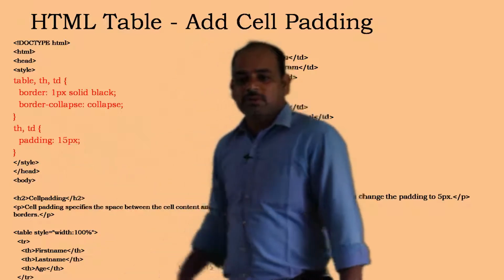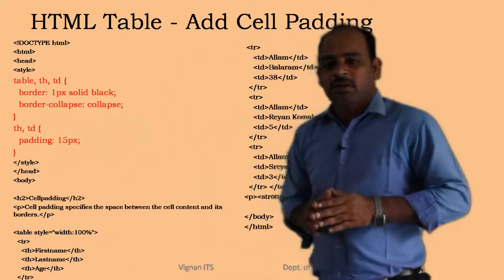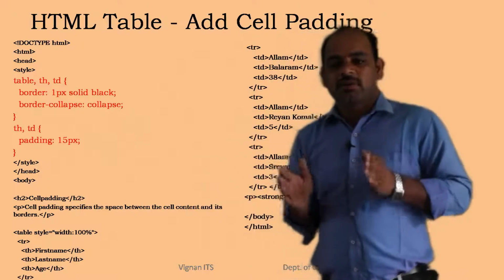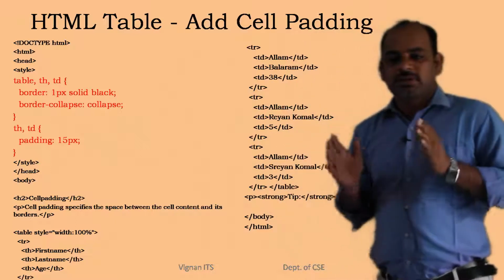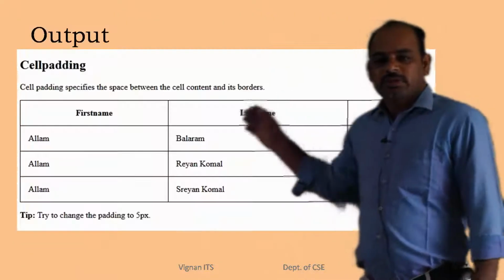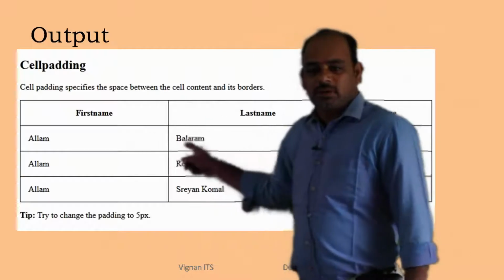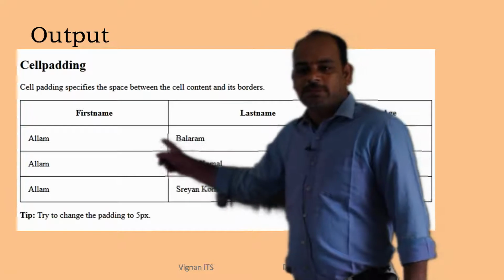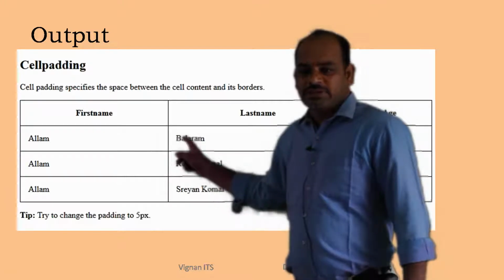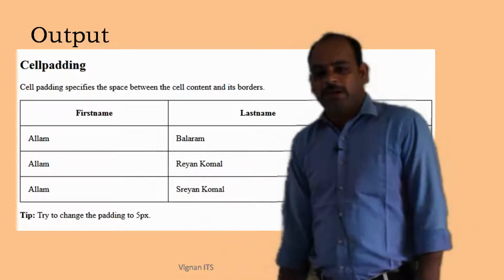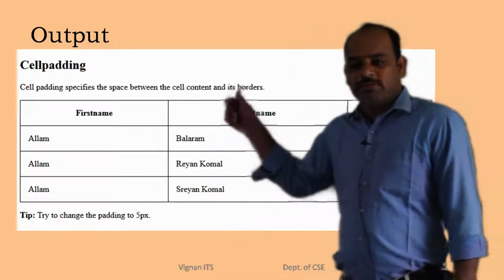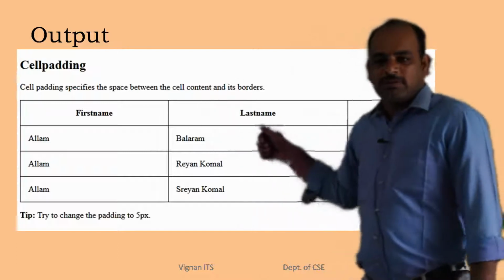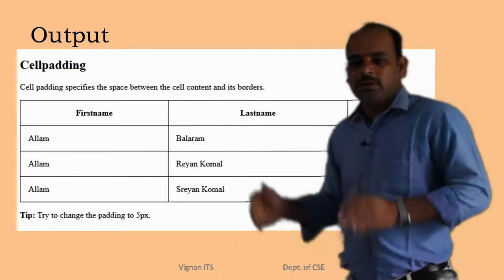So basically what is the use of the cell padding here? It adds space between the cell border and the text, right? You can see that. See, the space is given. You can see here, this is the table cell border, and this is the data within the cell. There is a space between the cell border and text, and that can be given. That is the cell padding. If you give more, that is, the px value 15px, you can give 16px, 17px, 80px, then the space between the border and text in a cell will be increasing.